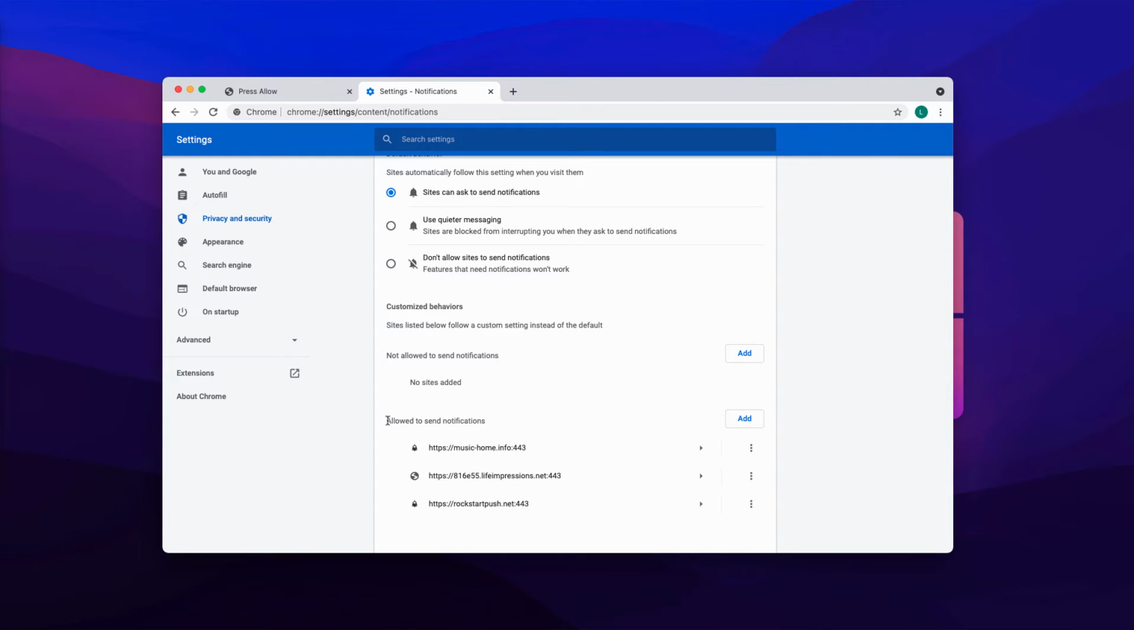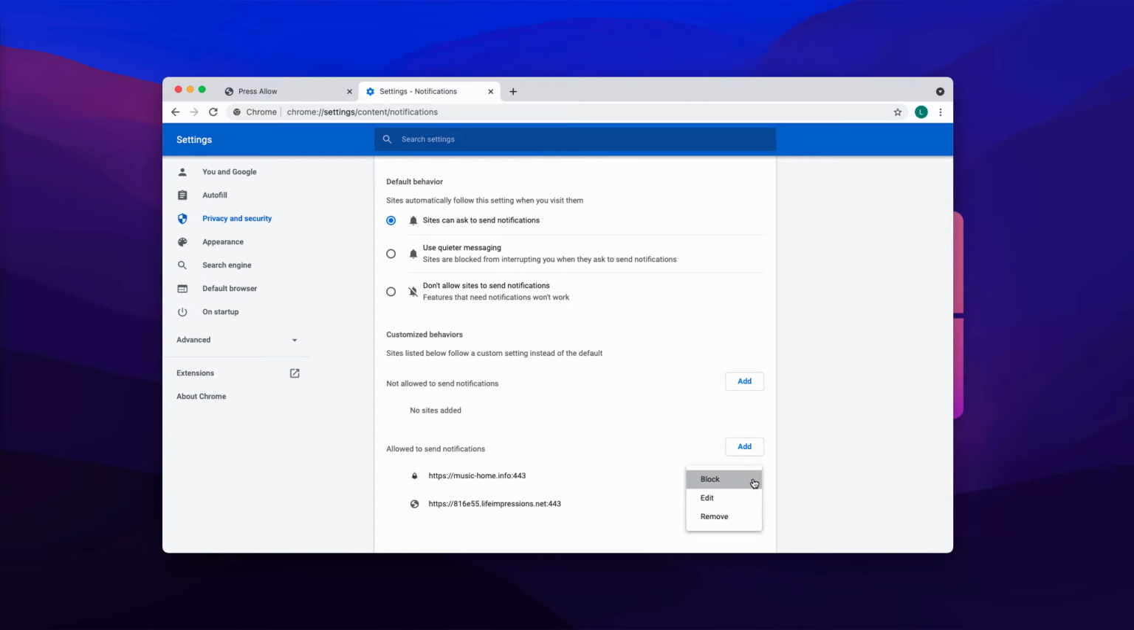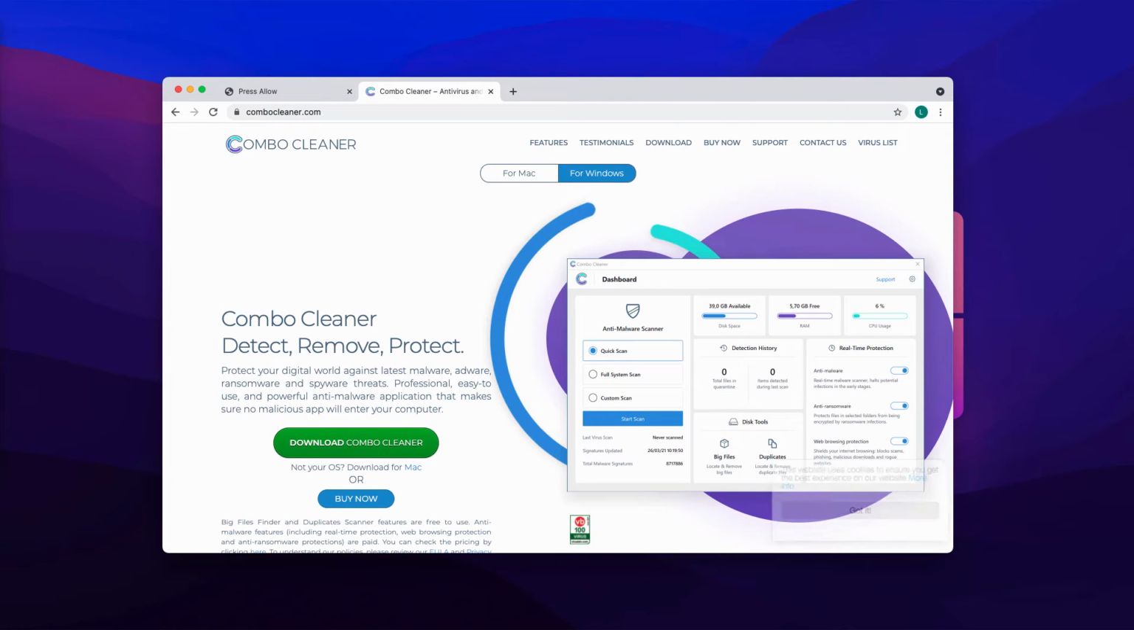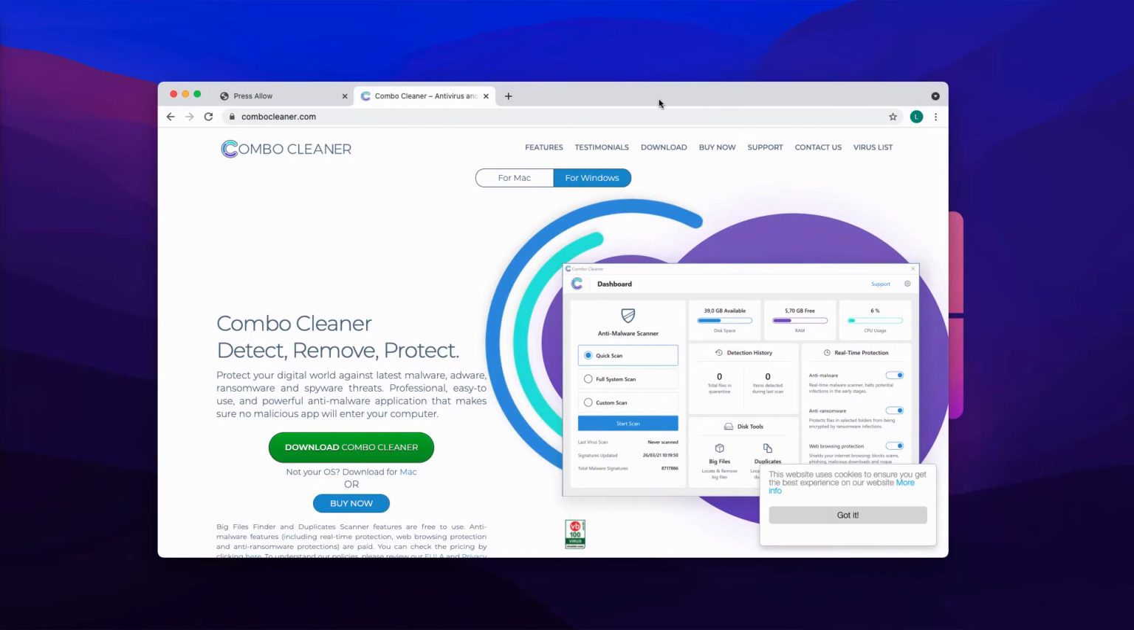Research the list of the sites that are allowed to send notifications. You may find some decent sites, no need to touch them, but if you find some of these malicious sites, be sure to get rid of them from the list by clicking on this button and removing these malicious sites from the list. Basically, this should fix the problem, but I also recommend you to research your system with Combo